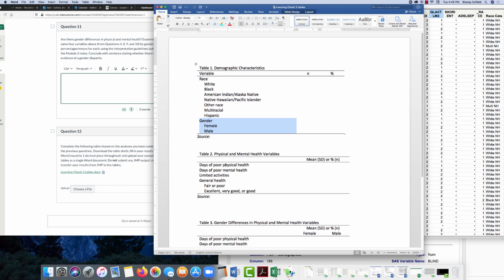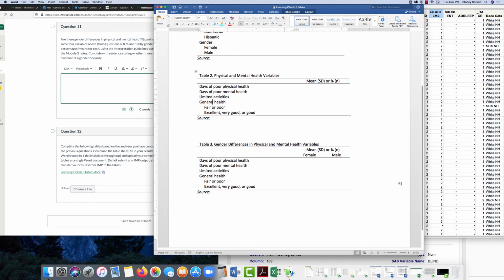On the physical and mental health variables, those 4 variables that we looked at, these 2 will be means and standard deviations, or median and IQR. Limited activities are N percent, general health is N percent, and then here are the gender differences. So give me the values by mean, male and female. You will have already looked all of this up for the prior questions, but now put it in this table